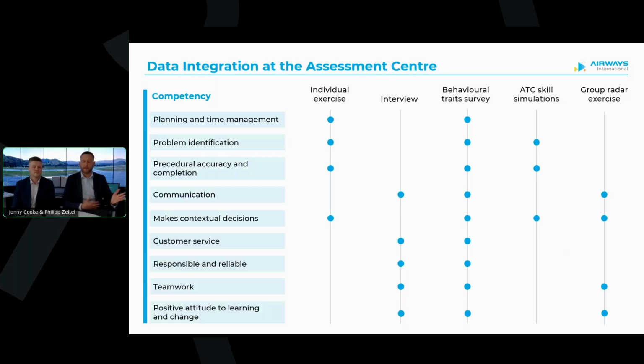At the end of the day, we have a score for each candidate, looking at all the different competencies that were assessed, and we sit together as a team, and most of the time we have a pretty good idea whether we would like to proceed with a candidate or not. So again, in short, keeping it very light and fast in the early stages of the funnel, and then spending a lot of time with very specific ATC exercises looking for specific ATC competencies, I personally think is one of the main reasons we achieve our high pass rates.